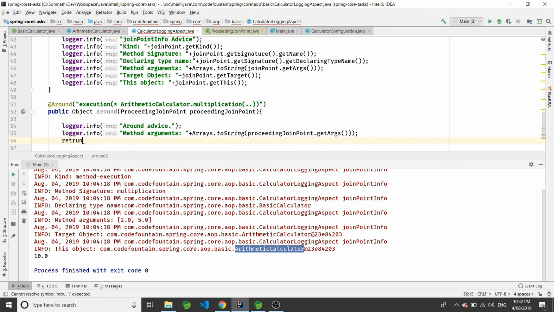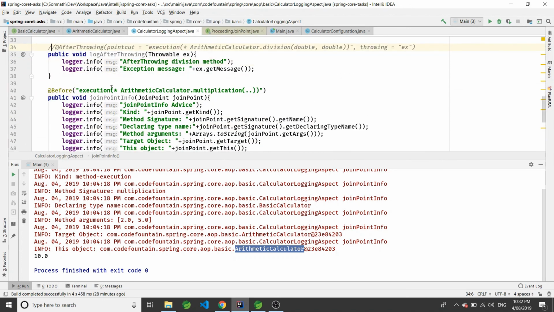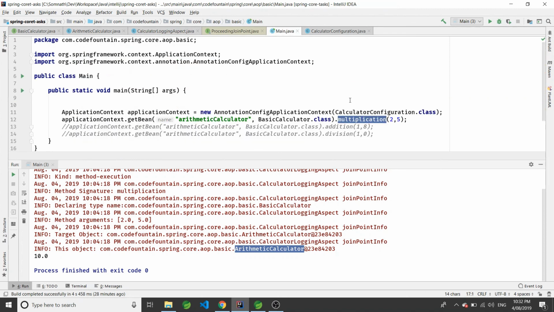Let's say I'm just returning 0.0. Okay, so if I execute it now, let's see what happens. Comment this out, and here in the main method we should have multiplication, and let's execute this.